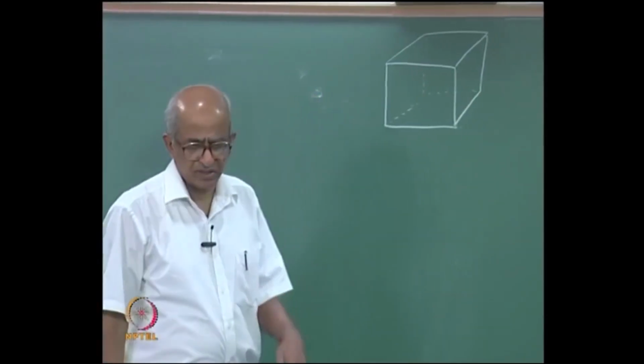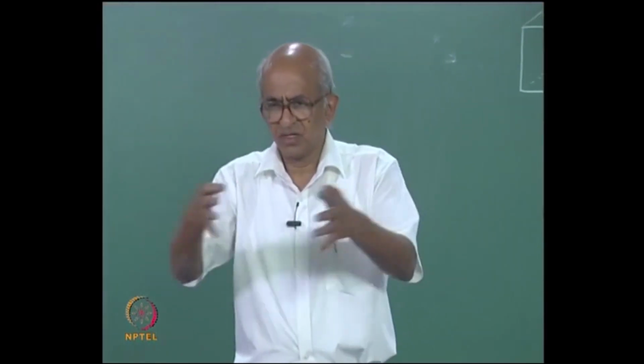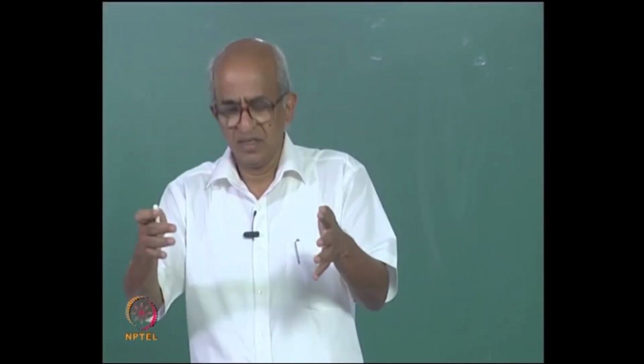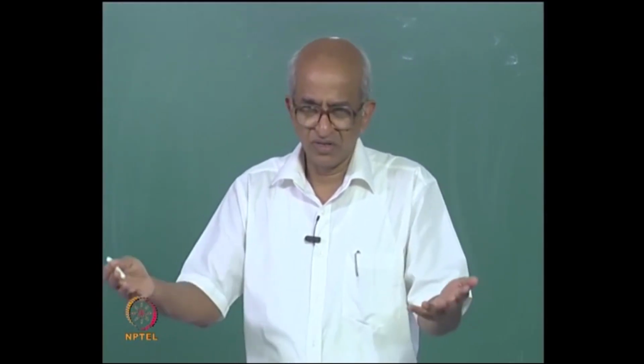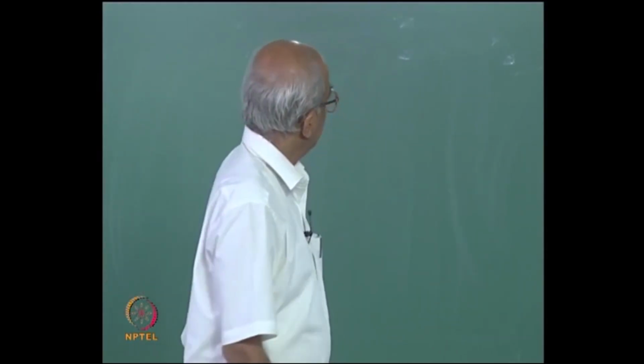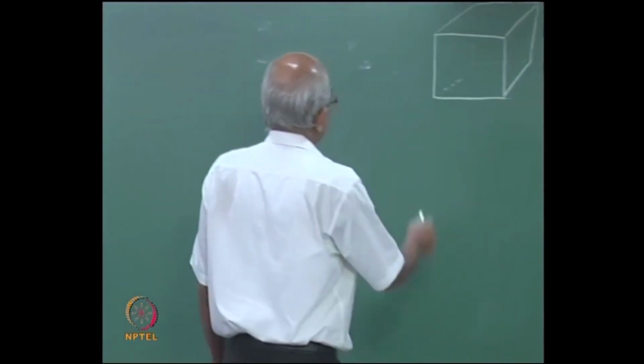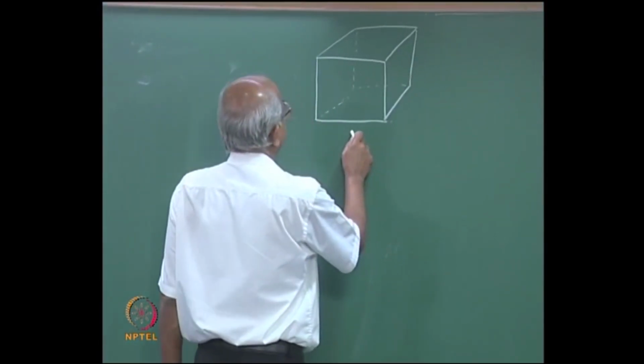And just to make things simple, I will say that this piece of metal has the shape of a rectangular box, and I can say the sides of the box are